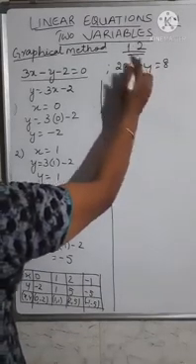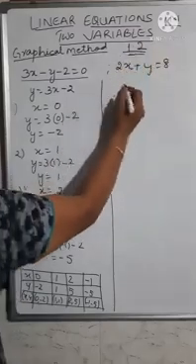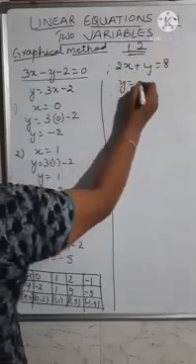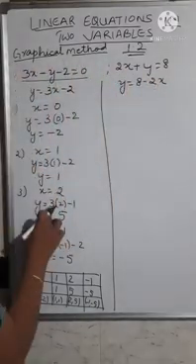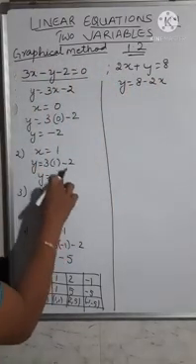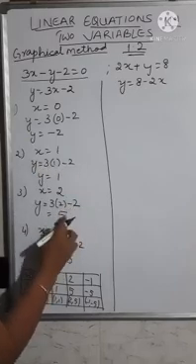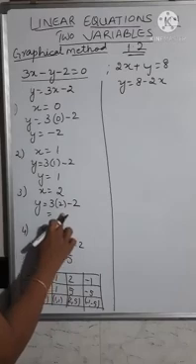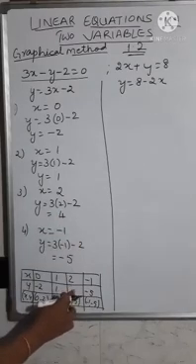Now for the second equation, find the value of y by taking 2x to the other side. So you get y is equal to 8 minus 2x. I think we have made a mistake earlier. Here it is 2. So 3 2s are 6, 6 minus 2 is 4. So you get 4 here.